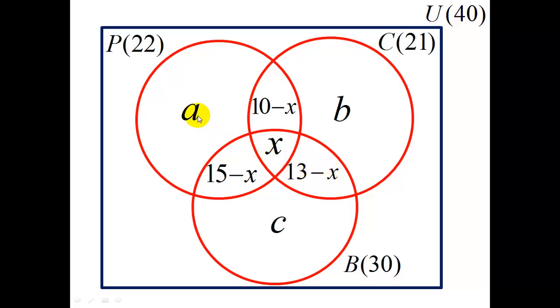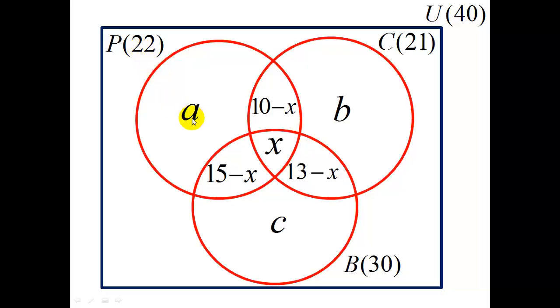So we have regions A, B, C, then we have 10 minus x, 15 minus x, 13 minus x, x, where x represents the number of students who read all 3 subjects, that is physics, chemistry, and biology. Now A represents students who read only physics. And if you want to find the number of students who read only physics, take note that when we add A to 10 minus x to 15 minus x, it must be equal to